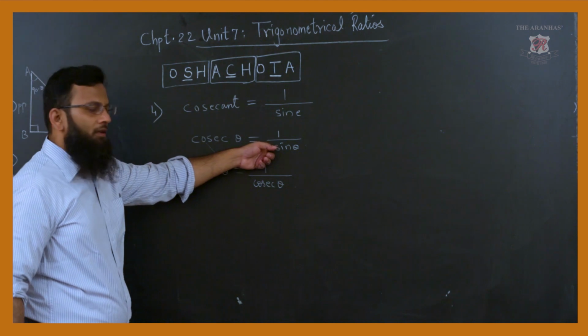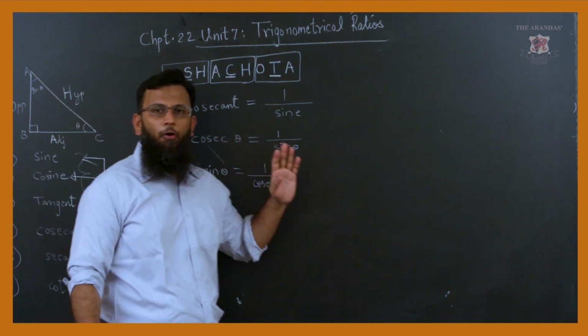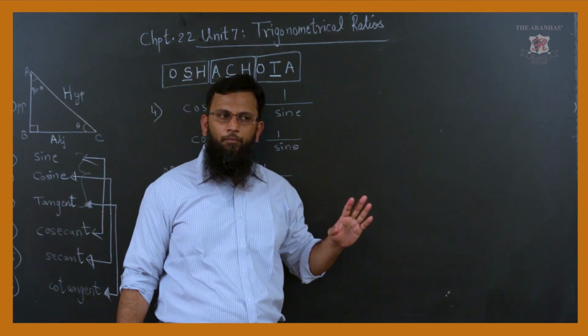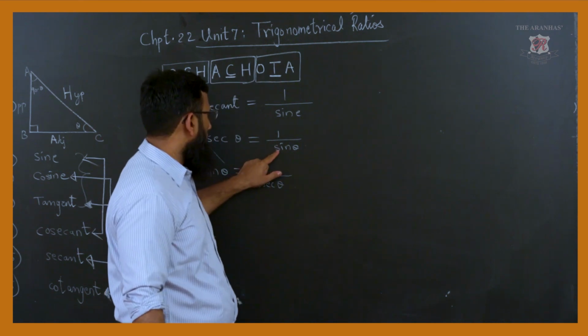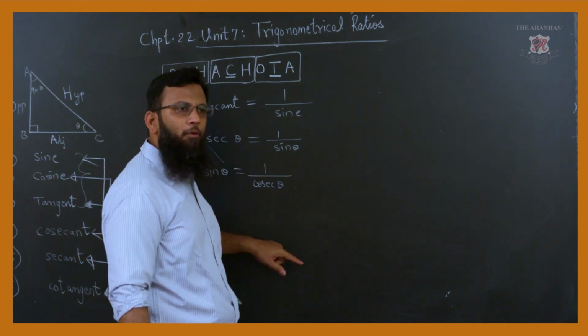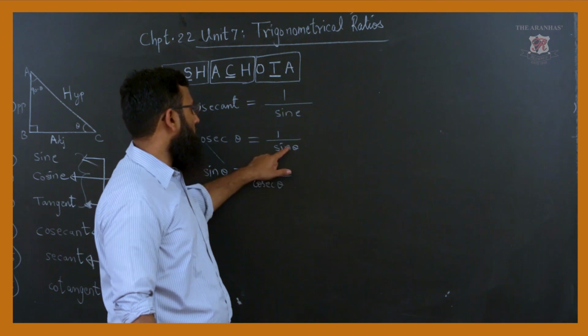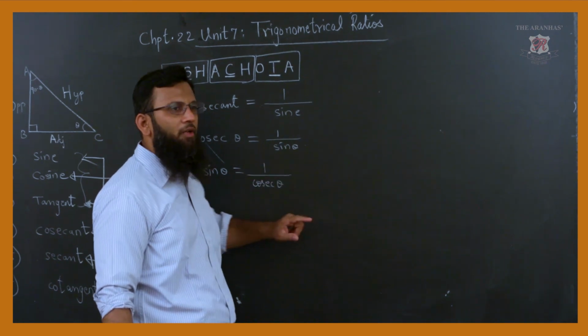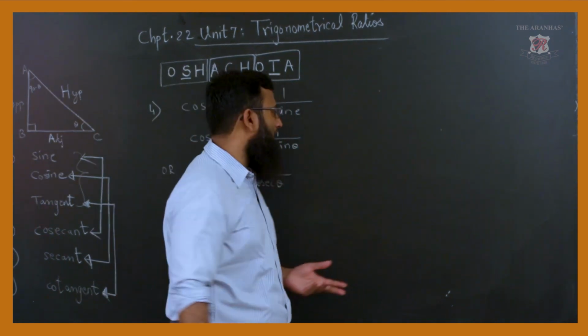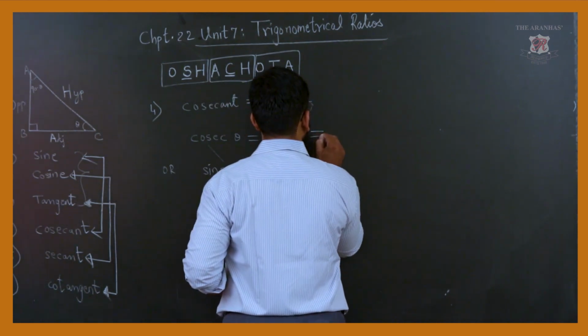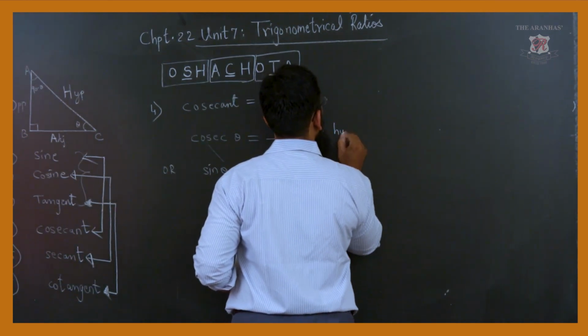Now, you are aware sin theta was opposite side upon hypotenuse, which was also called perpendicular upon hypotenuse. So, if you take reciprocal of it, the definition is clear over here in this step, it will be